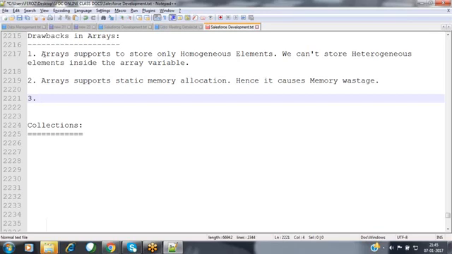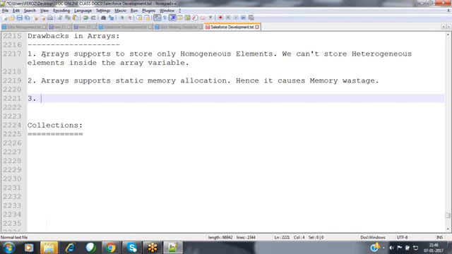Suppose, for example, I have stored some 10 elements here. I want to remove some 2 elements from the array here. That is not possible. Nothing but what happened when coming to the array, the size cannot grow and cannot shrink at runtime. Depending upon the size that you have specified at the time of definition, that much memory will be allocated, and then that memory will be fixed.